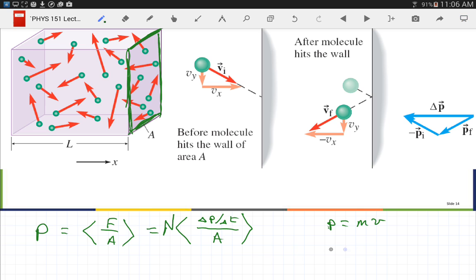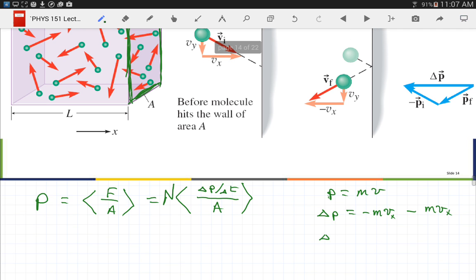So what do you get for the change in momentum? What's the final momentum? Negative mvx. And what's the initial momentum? mvx. And so my change in momentum